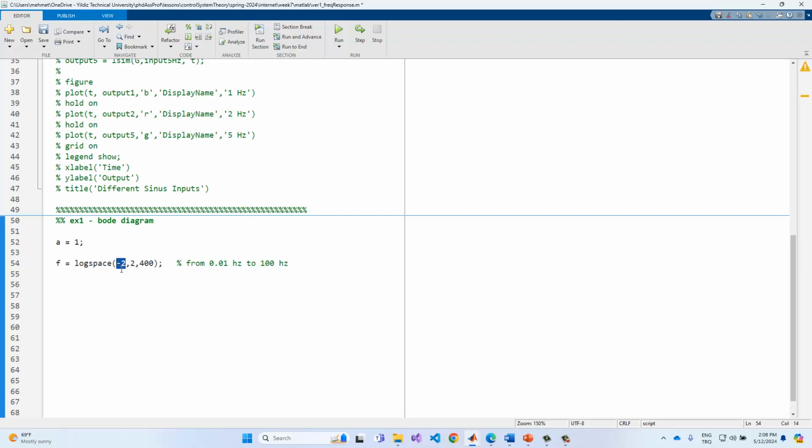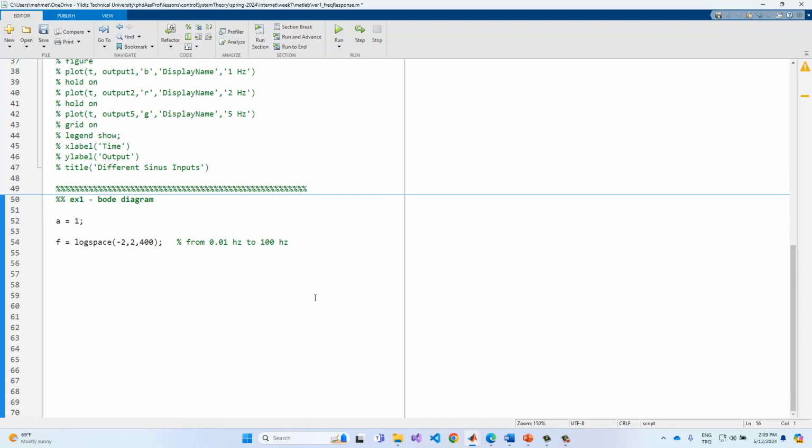This is 10 to the power -2 and 10 to the power 2, which equals 100, and so we have 400 points here. An important parameter for the Bode plot is that W is in terms of the angular frequency, because we are using the Euler identity,